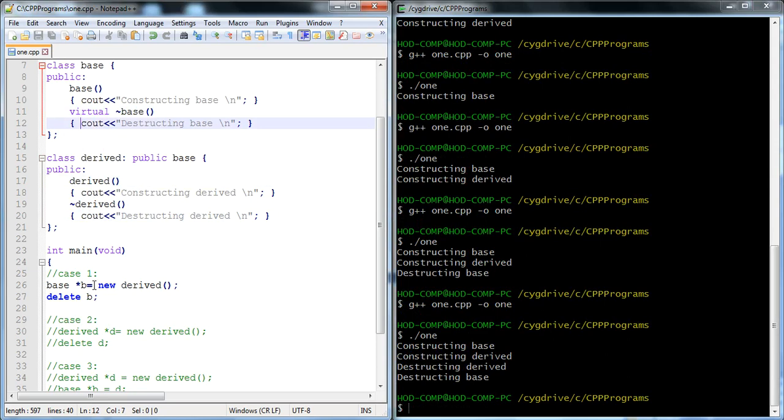In the previous example, the virtual keyword is not available, so with the same logic it only calls the constructors of both the base class and the derived class, and only the destructor of the base. But if we define the base class destructor as virtual, this is simply the virtual destructor, right? Virtual destructor.